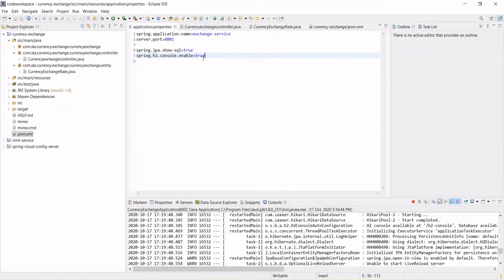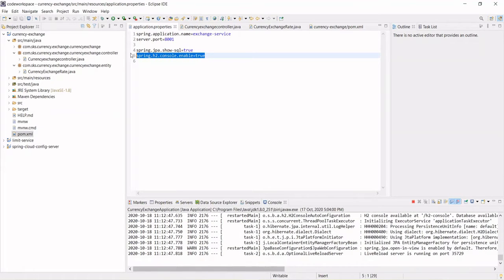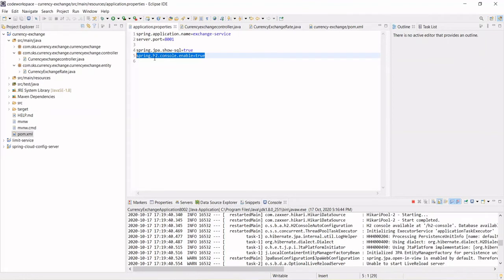I just want to enable the console, so for that I am mentioning it in application properties, and I want to show the queries that are getting executed and created by Spring Data JPA. How the query got created and what is the form of that query will be seen from here, correct?